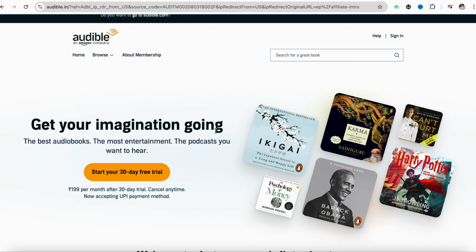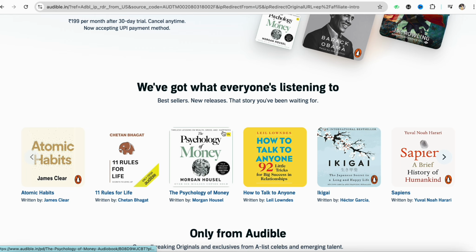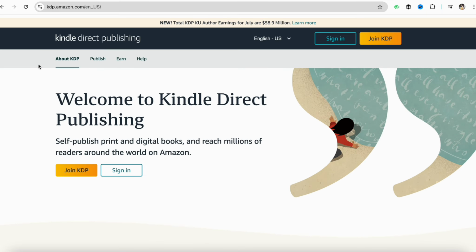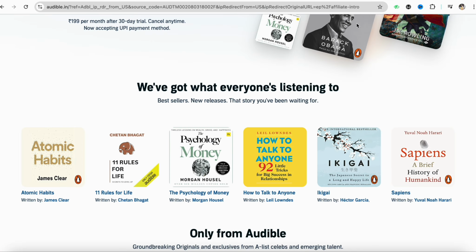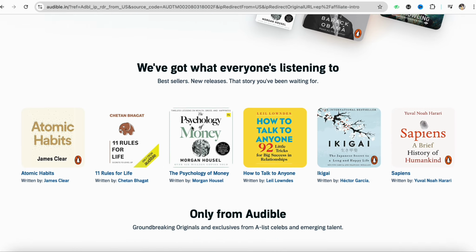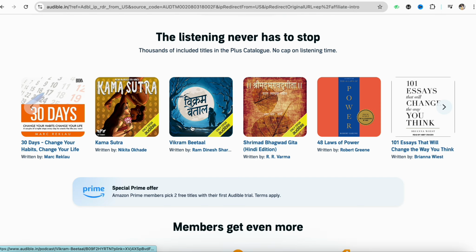With Audible, anyone can create and publish an audiobook on Amazon through Audible's Audiobook Creation Exchange. It is very similar to KDP, which I have shown you earlier, because in KDP you just have to publish your books, and in Audible you just have to publish the audiobook that you read, and you can make some money out of it. So once you upload your audiobook, it will be available to purchase and download for all the Audible consumers out there. So yeah, this is also one of the great ways to earn some money.